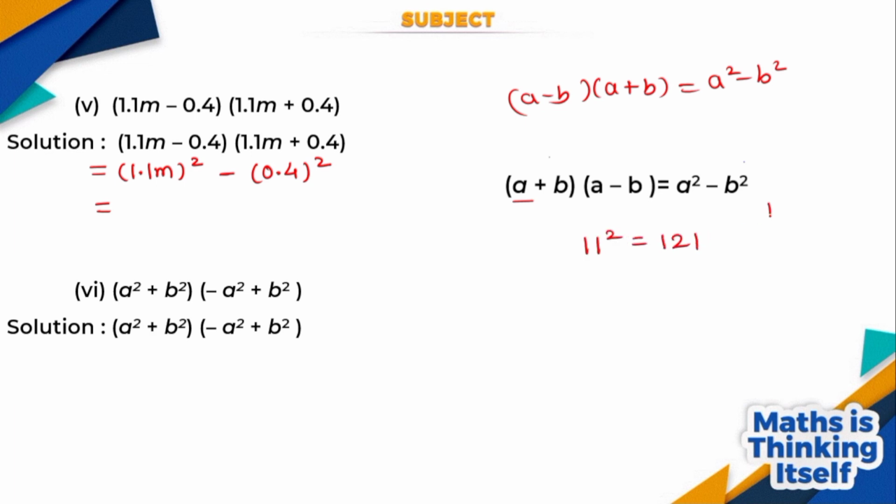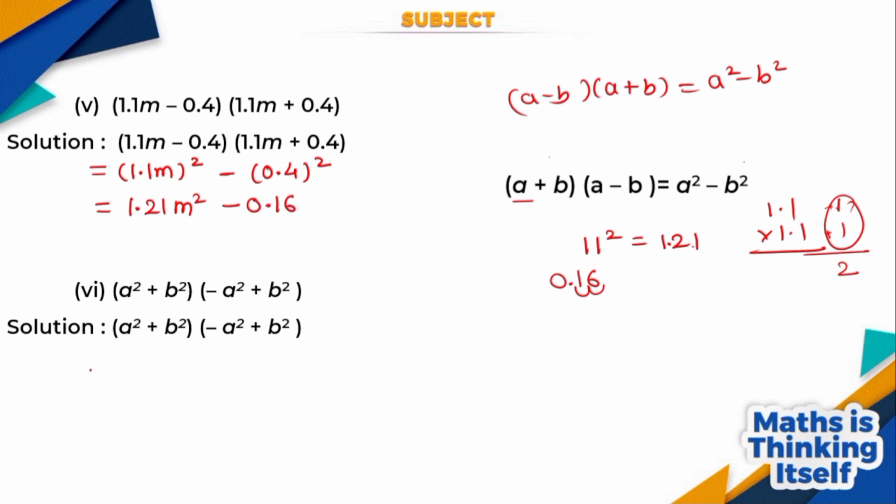सो 1.1 मल्टीप्लाइड बाय 1.1 तो यहाँ पे एक डेसिमल पॉइंट के बाद तो यहाँ पे पॉइंट है तो 1, यहाँ पे भी 1, तो आंसर को कितने डेसिमल के बाद डेसिमल पॉइंट देने पड़ेंगे, कितने नंबर्स के बाद, तो यहाँ पे 2 डेसिमल के बाद तो 1 और 2, दैट्स वाई 1.21 m का स्क्वायर m square. वैसे 4 का स्क्वायर 16 होता है, 2 डेसिमल के बाद आपको डेसिमल पॉइंट पुट करना है तो इसलिए इसका आंसर 0.16, माइनस 0.16.